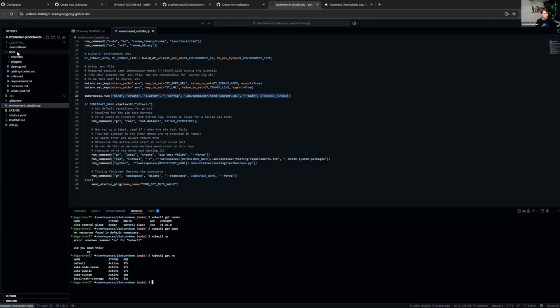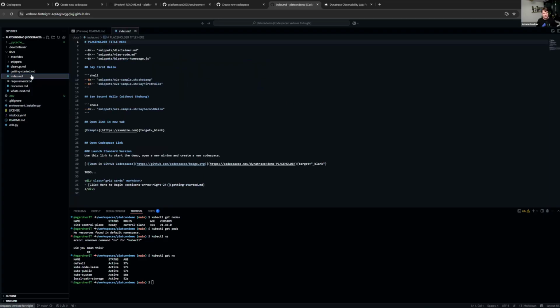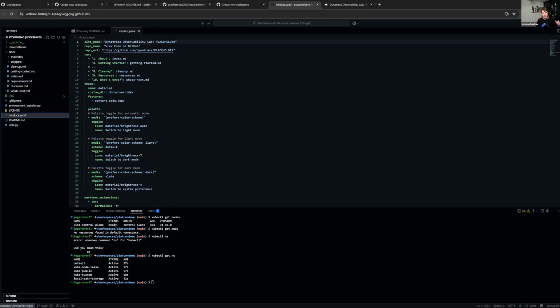So have a look at the docs folder, and you'll notice, again, as a platform team, we need to provide best practices, but also flexibility. So we say, well, our standard is that every repo comes with an index.md, the home page. It comes with a getting started, a cleanup, a resources, and a what's next. And we build that up into a skeleton menu structure that says, the about page, the first page is the index, getting started, and then